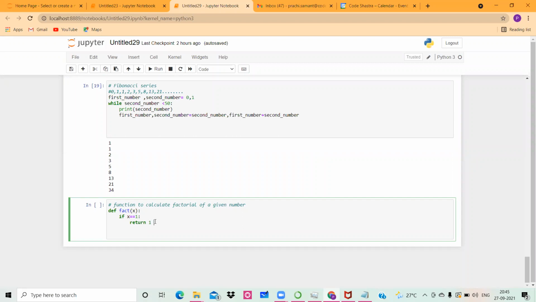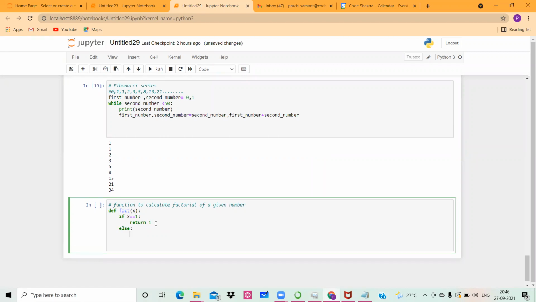It can be a number, a character, a letter, a list, or a tuple. It can be any data type that Python supports. Coming back to the business, we have created this factorial function, and it's checking if the value is 1. If the value is not 1, then obviously we have to write some different routine as well. In the else part, we are writing return.